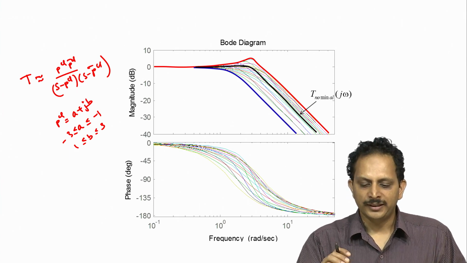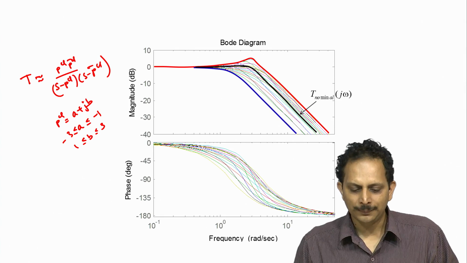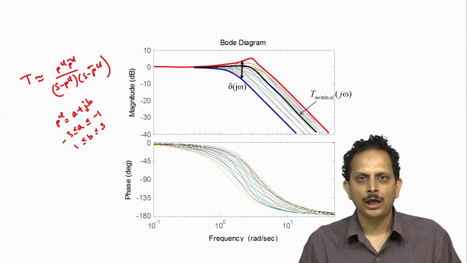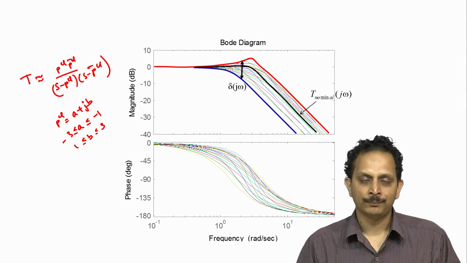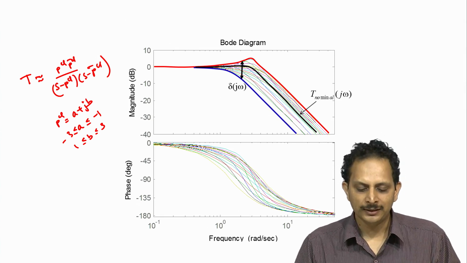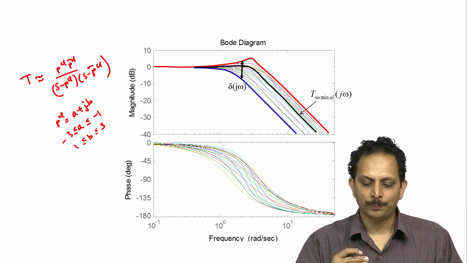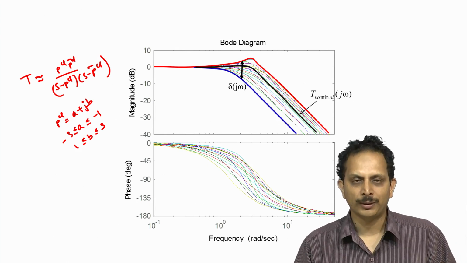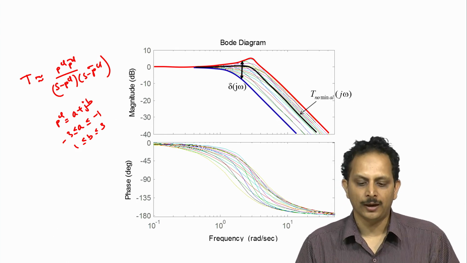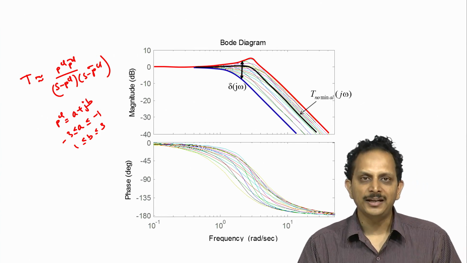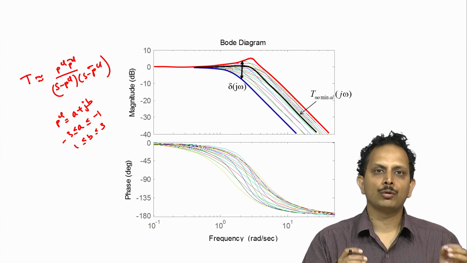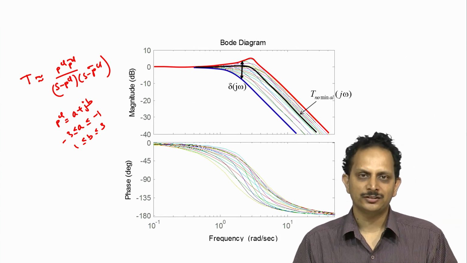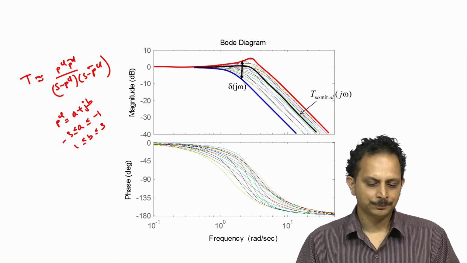Now there is this nominal transfer function and there is this spread in transfer function, namely delta of j omega, that we are willing to permit. Now when we undertake our control design, we have to make sure that the spread in our transmission function does not exceed delta of j omega at each of the frequencies omega, and this in turn will guarantee that our dominant closed loop poles will lie within the rectangle that we have defined in the previous slide.